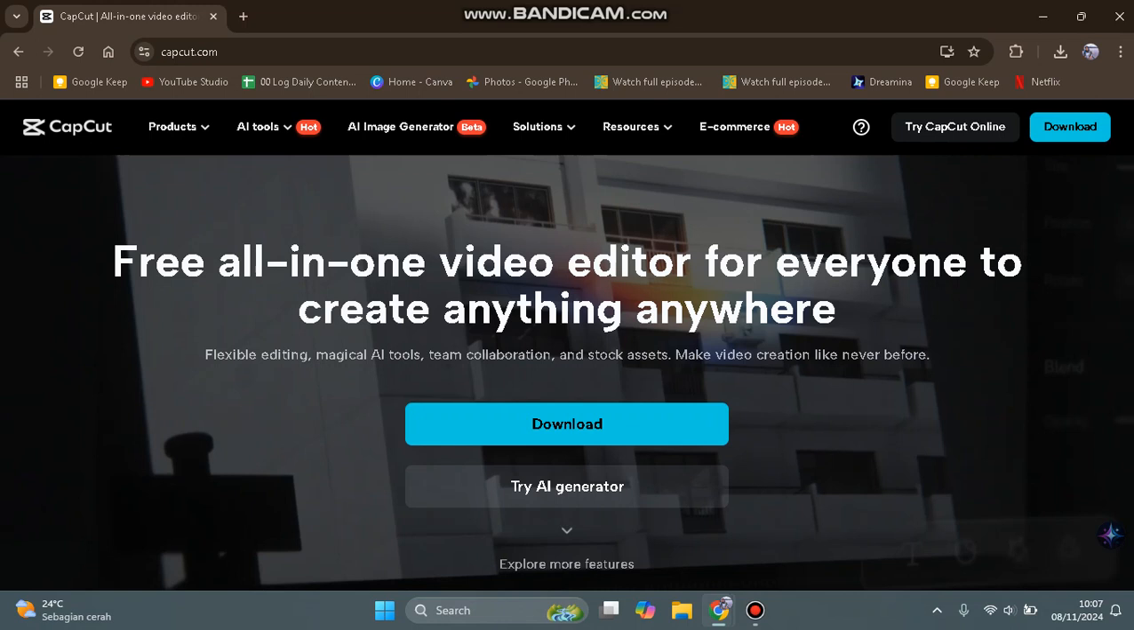On today's tutorial, I'm going to show you how you can download CapCut on PC or Mac. So here, I'm using a Windows PC, but if you're on Mac, you can also follow these steps right here to download CapCut. First, you can just open your browser and then head to CapCut.com and you'll see this